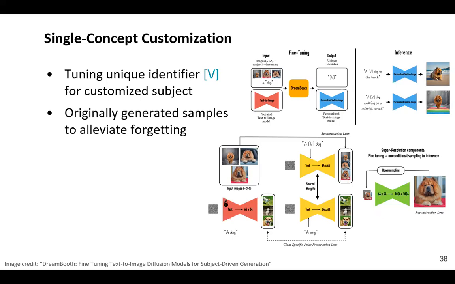And the model is then fine-tuned to understand the meaning of V. Specifically in DreamBooth, one problem they mentioned is that if we jointly fine-tune the entire framework, it will perform better, but the problem is it might forget what the original or general dog might look like. So they propose to generate several samples for the dog and jointly train with the reconstruction loss to learn our own dog and the prior preservation loss to remember what the original dog looked like, which has been proved